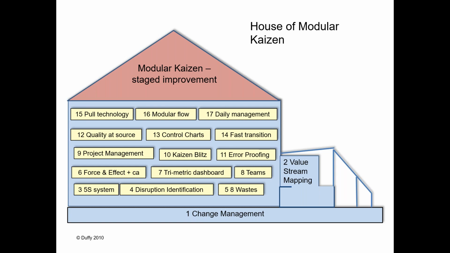So modular is not really that the tools are modularized. Modular Kaizen is that the continuous improvement within the organization is modularized so that people are as effective as they can be in their daily management, and that we are still able to integrate improvement activities in between without getting too many people in the room and wasting a lot of people's time.